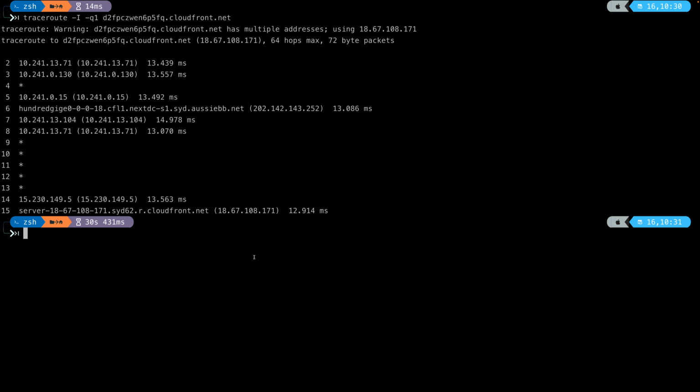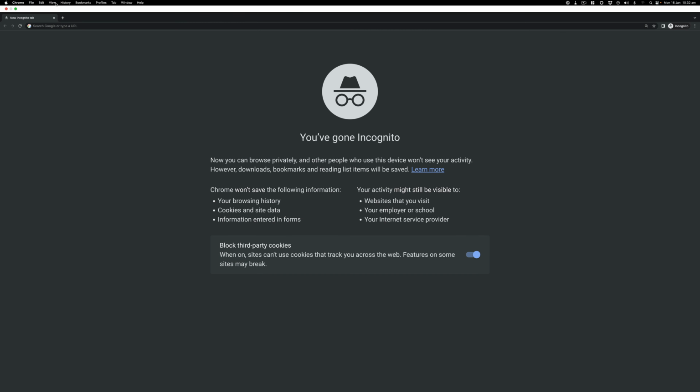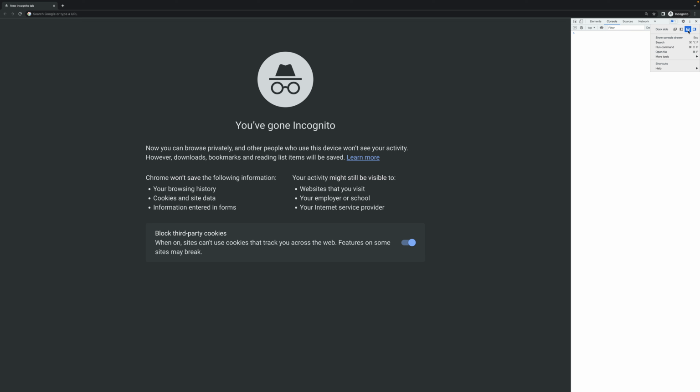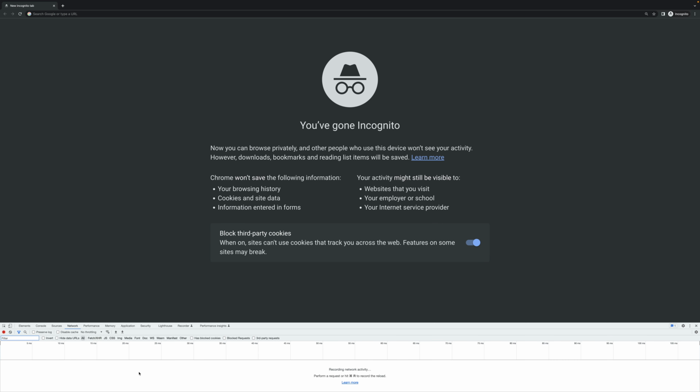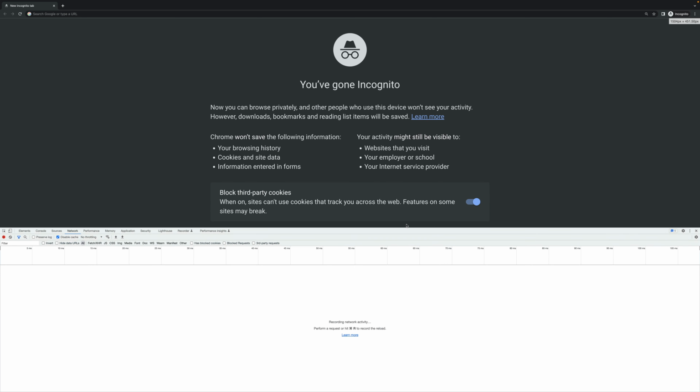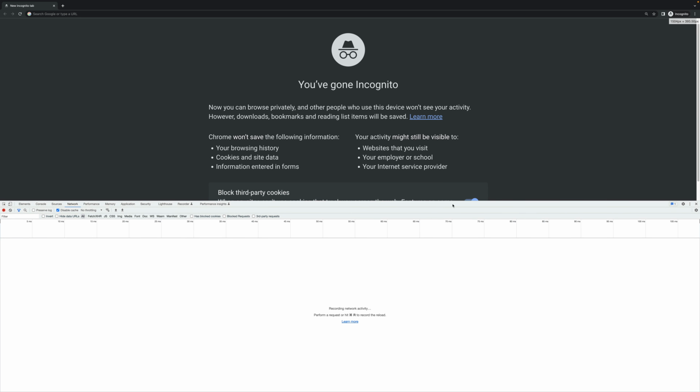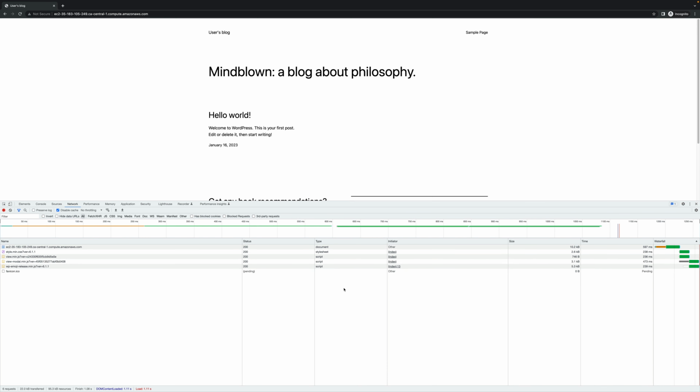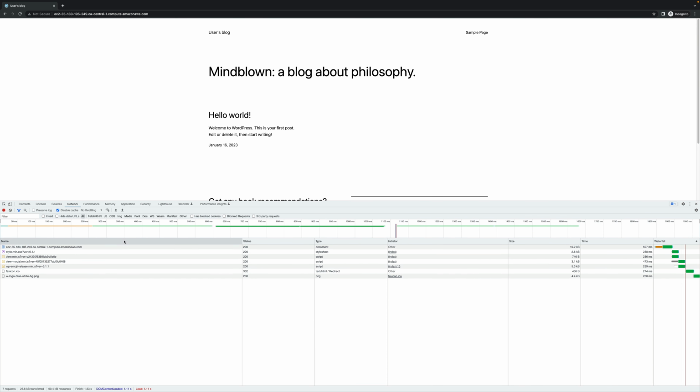Now to illustrate exactly what effect this has, I'm going to use a different browser. So I'm going to open Google Chrome. I'm going to use an incognito window and open the developer console, and then I'm going to dock this console to the bottom of the screen and click the network tab and then disable caching entirely. And what I'm going to do next is open up the DNS name of a direct EC2 instance. And this will show the traffic overview, the amount of data and the time taken for the various different components